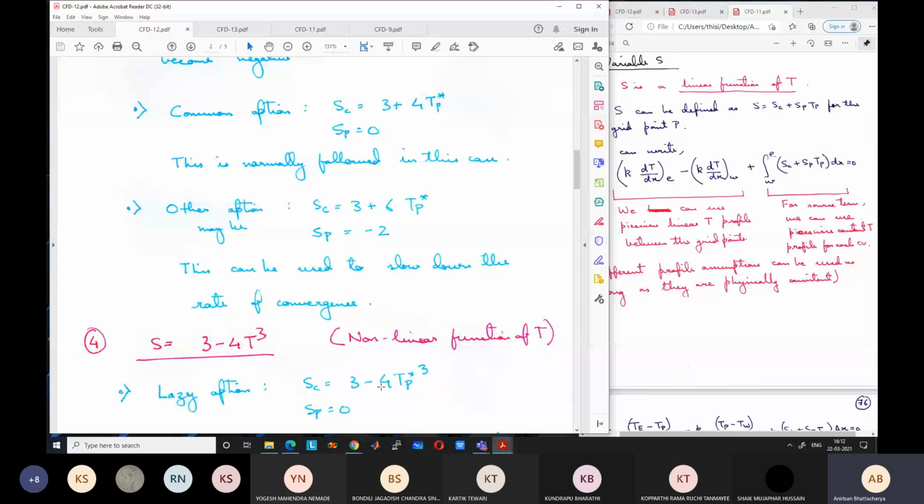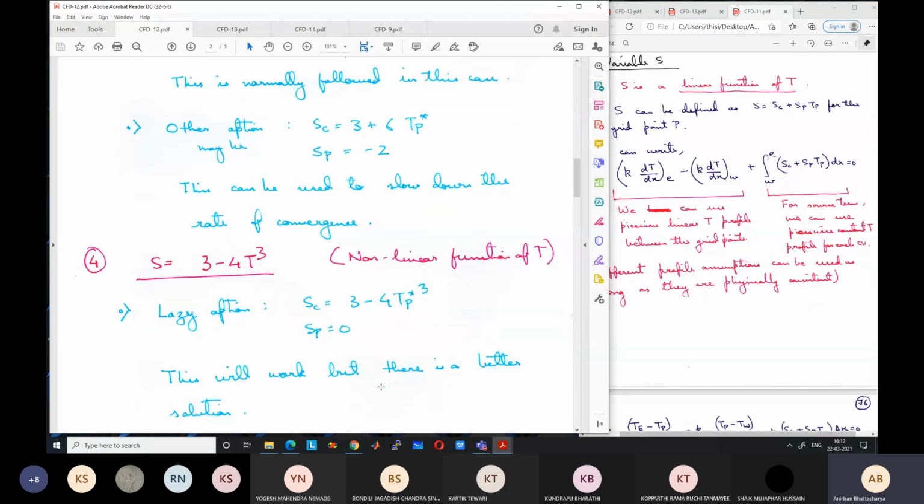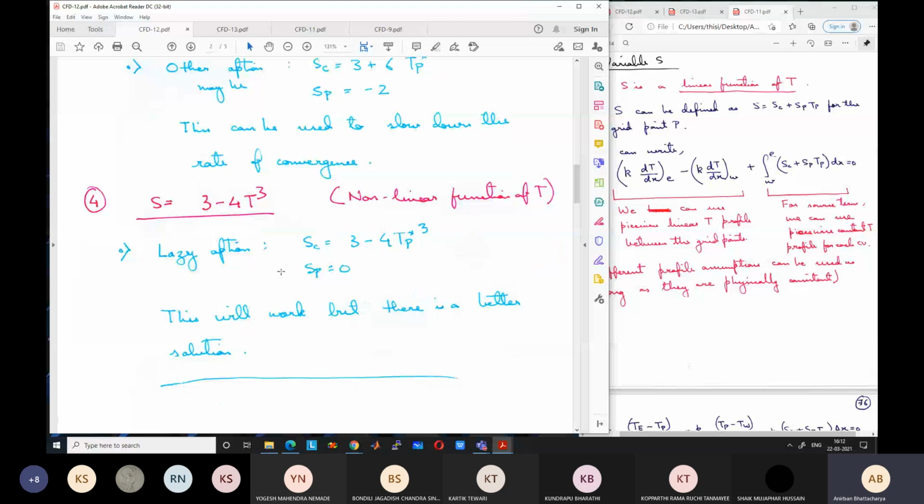But there are better approaches. Better solutions which will lead to faster convergence. When we are taking the lazy option, we are actually not utilizing the full potential of the system. Means we are not going towards convergence at the most optimum rate. We are just easing our work of calculating the source term, but in general this will slow down the convergence because the slope is not correctly taken. Remember that we can take a linear function. We are trying to linearize this. So there may be a better linear approximation of this curve.